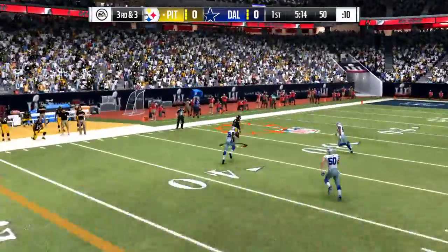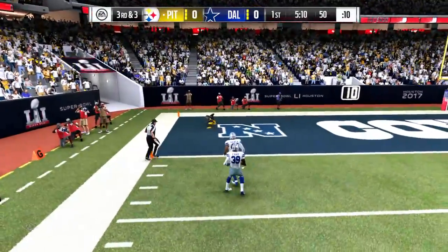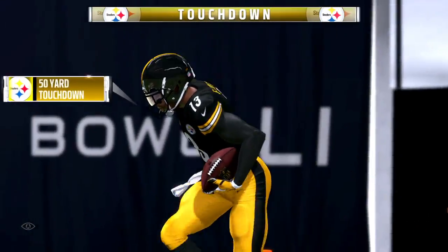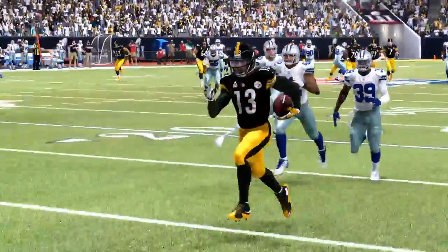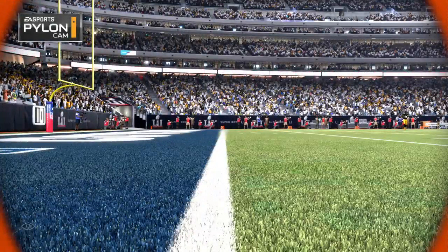From midfield now, here's Roethlisberger. Got a man and he hits him in stride. And into the end zone. Touchdown, Pittsburgh. A big play there. 49 yards. And the Steelers have taken a first-quarter lead. Well, that's how they envisioned it, get the football to start the game and score it. And I don't know if that...